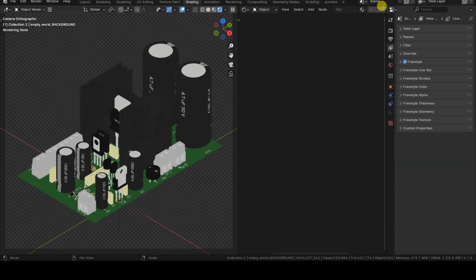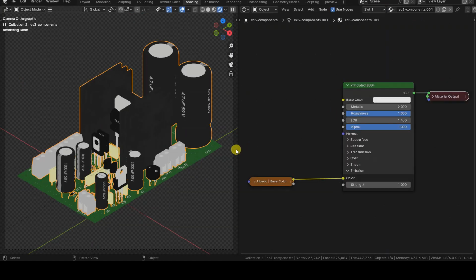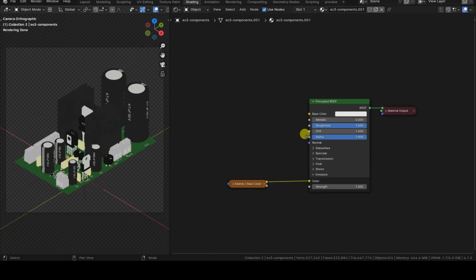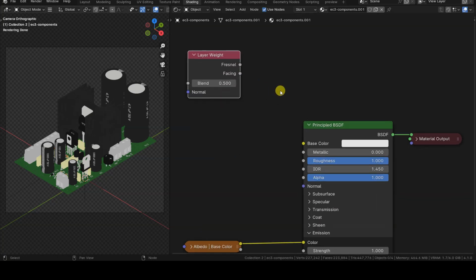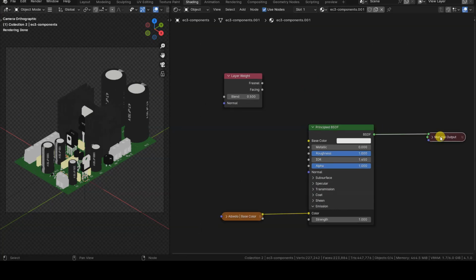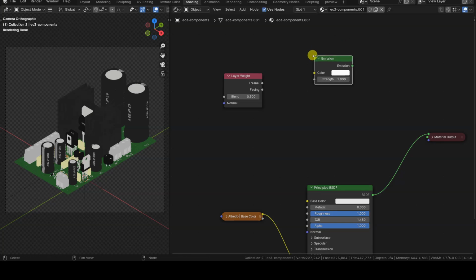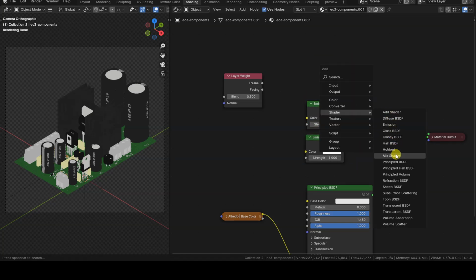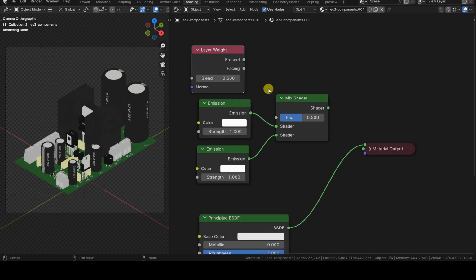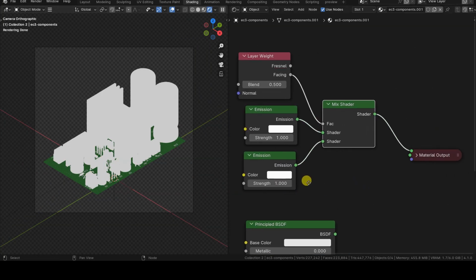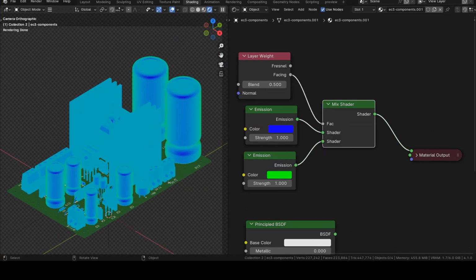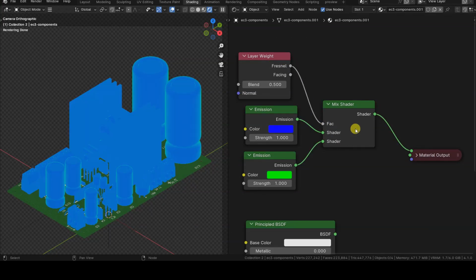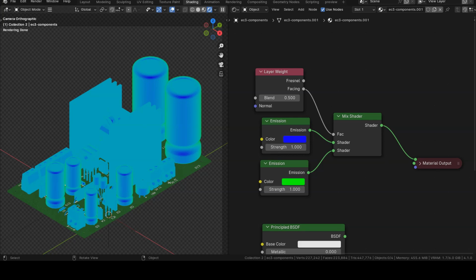To achieve shading based on the orientation of the object's faces relative to the camera, I will use the Layer Weight node in Facing mode as the mixing factor between two different versions of the base color texture. Before implementing the final node setup, I will show you the effects of the Layer Weight Facing node by using a couple of emission nodes with very different colors, connected to a Mix Shader node, and using Layer Weight Facing as the mixing factor. Be sure to connect the Facing output of the Layer Weight node, not the Fresnel output, to the Factor input of the Mix Shader node.